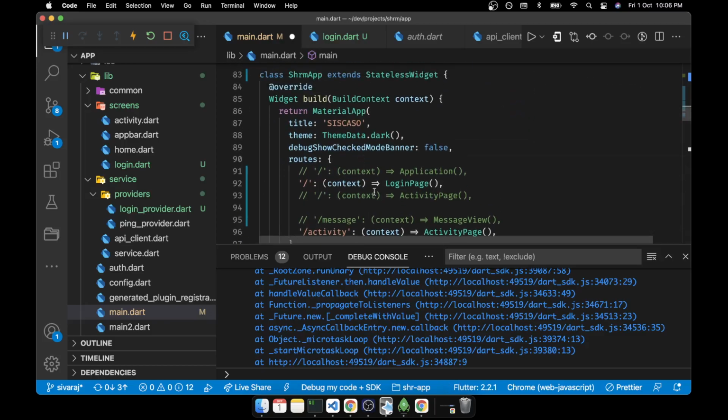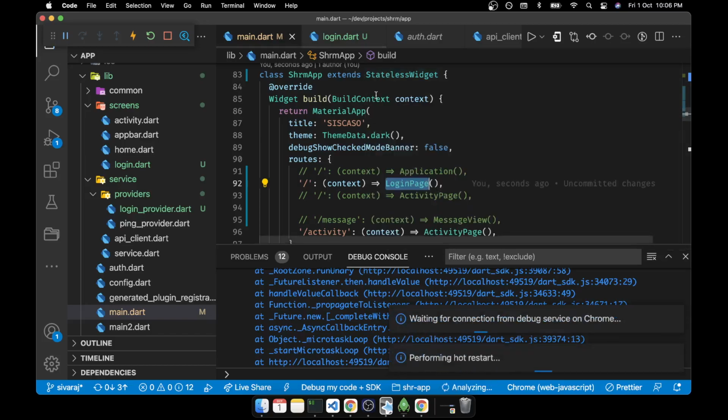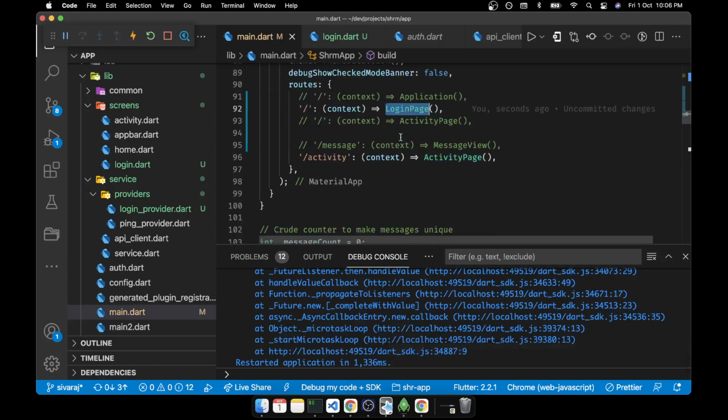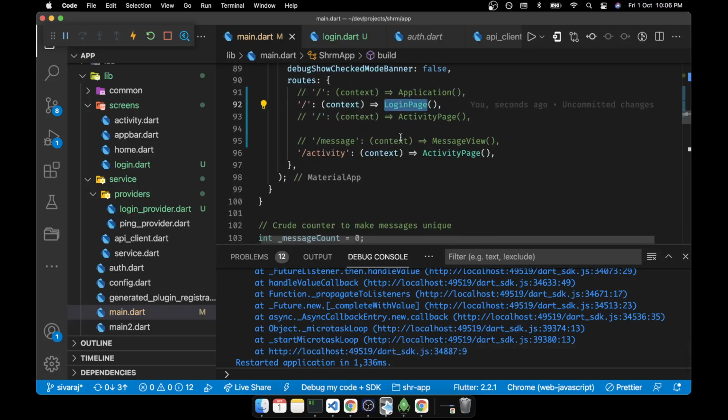Let's say here itself, whenever the build is happening, we can try to get the token. If the token exists and it is not expired, we can directly log into the dashboard page or the activity page temporarily, correct?